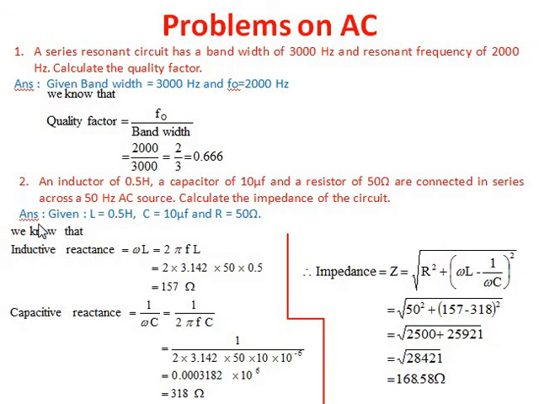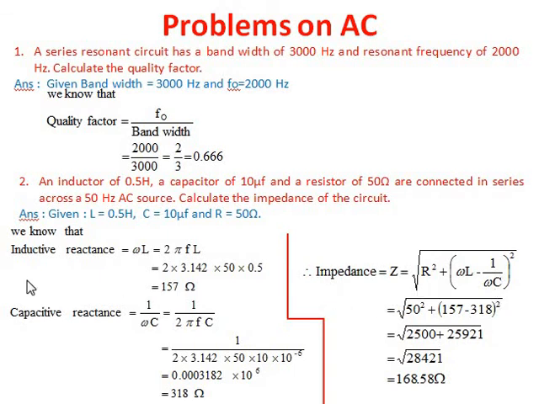So what are the things they have given? Inductance value L is equal to 0.5 Henry. Capacitance value C is equal to 10 microfarad. And resistance R is equal to 50 ohm. They have given one more thing, that is frequency of AC F is equal to 50 Hz. Okay. So now, dear students, instead of solving this relation directly, we first solve omega L and 1 by omega C in order to make a simplification.